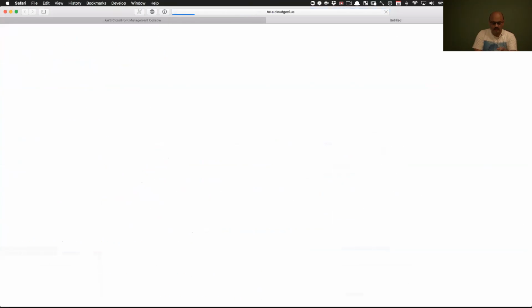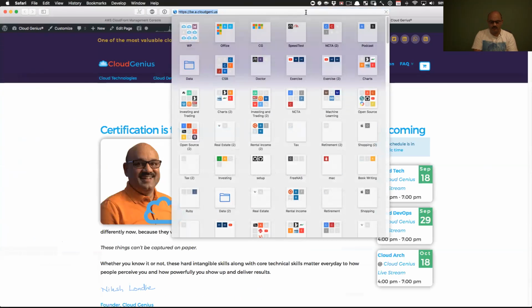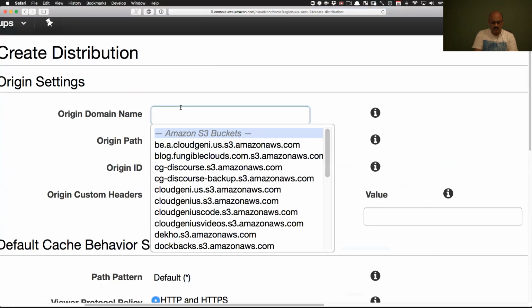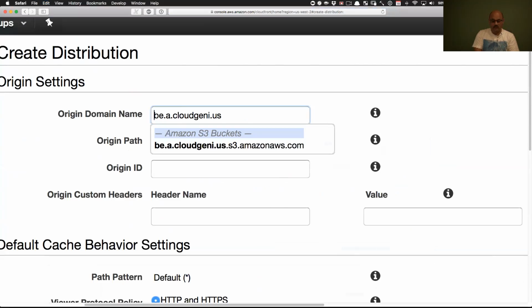live example. So this site seems to be running somewhere, right? And it is not on Amazon. I know for sure. It runs in the Vultr cloud. So I'll take that name and say, my origin is this. That's my DNS name, like this. There happens to be a bucket also by that same exact name, but we are not using the bucket because